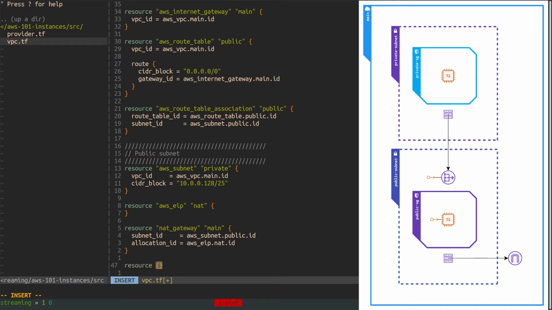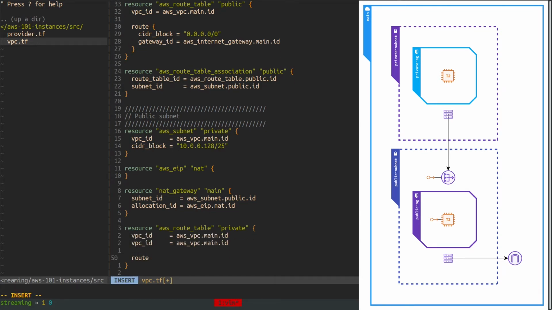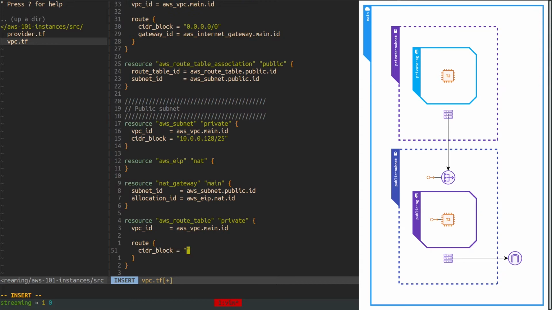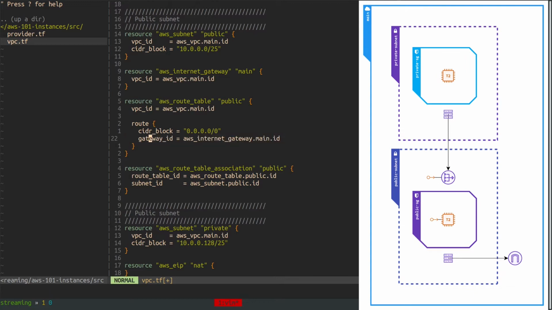Also we need to associate a different route table that will route all traffic to this NAT gateway. This time I'm using nat_gateway_id. Okay.